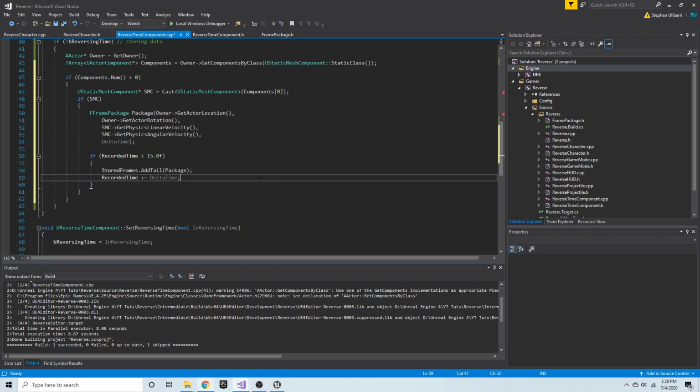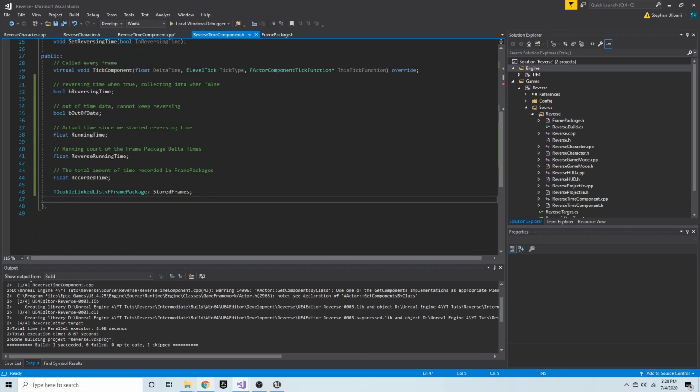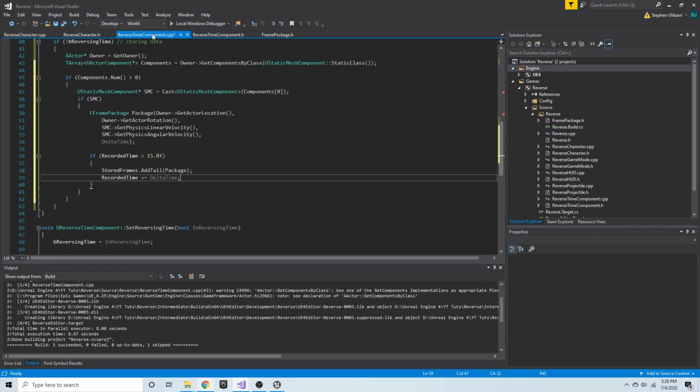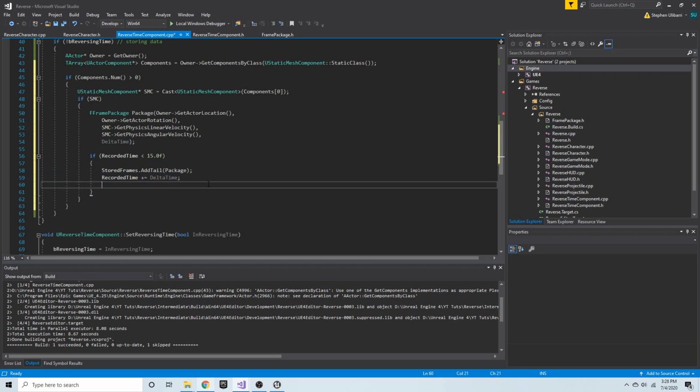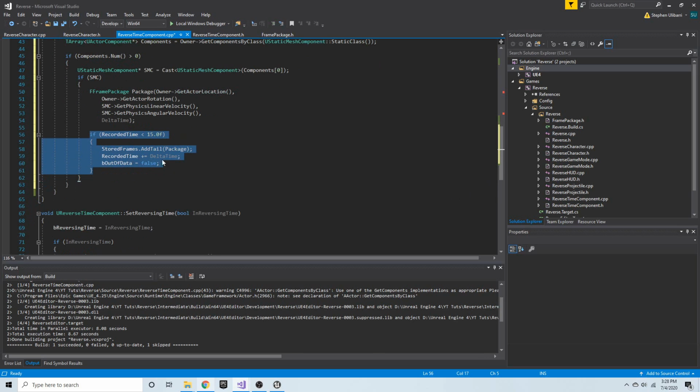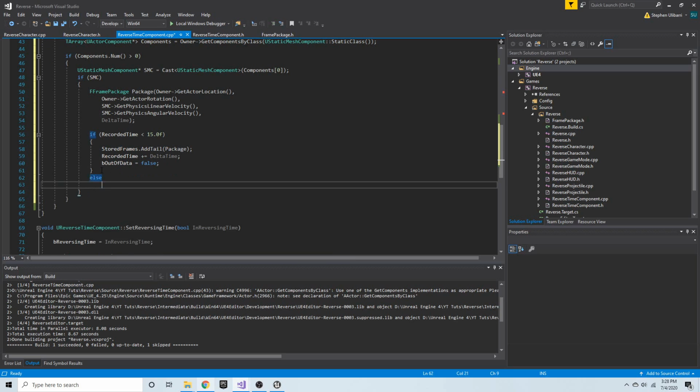Now remember, we had this Boolean called out of data, and we're going to use this to know when we can not reverse time anymore. And if we've just added a frame package to our data, then we know we're not out of data. So we can go ahead and set out of data to false here. Okay, so that takes care of if the recorded time is less than 15 seconds. But else